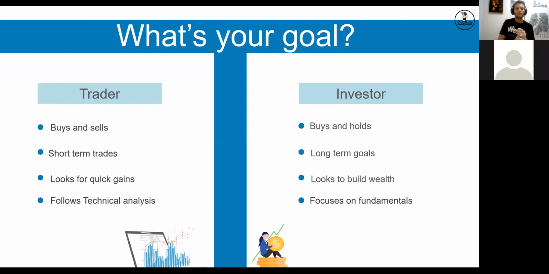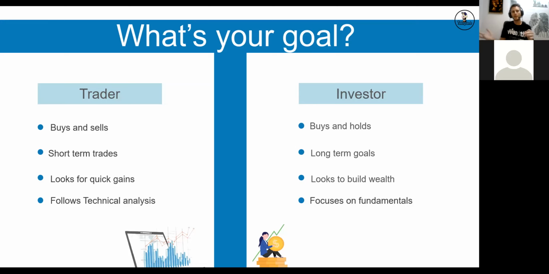So you've got your goal. You know what type of investor you are. Now you need to decide if you are going to be a trader or an investor. So just some key differences here. A trader is buying and selling, looking to make quick gains. They're making short-term trades, a day, an hour, a week, months. I think SARS considers a South African trader if you're buying and selling shares within a 3-year period. So if you're buying a share now and selling it next year, you're a short-term trader. You're looking for quick gains and you are following technical analysis.